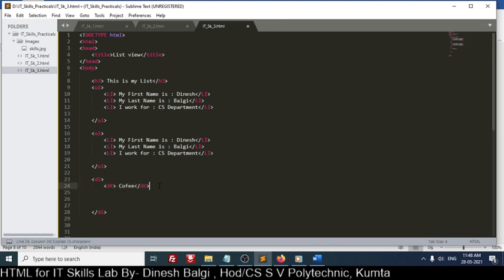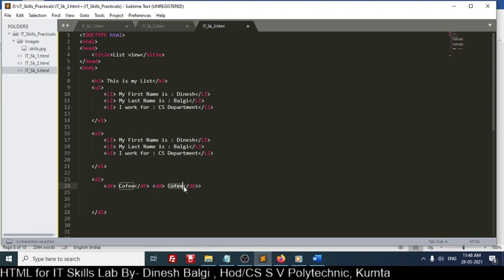For that I will use DD. DD tag, opening and closing, you can get it here. So just remove this, write it here, coffee, make C capital.